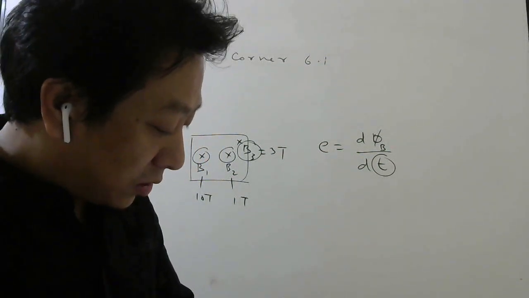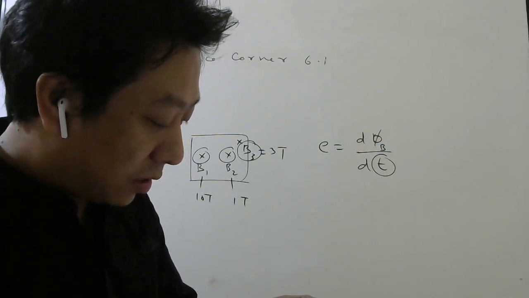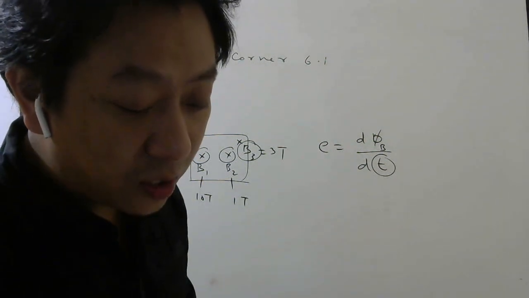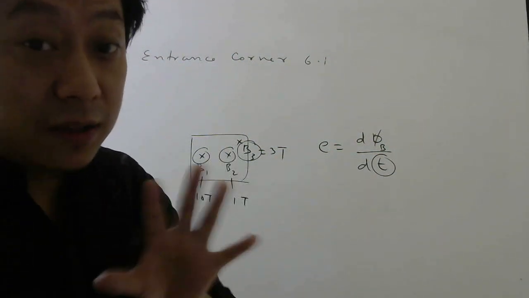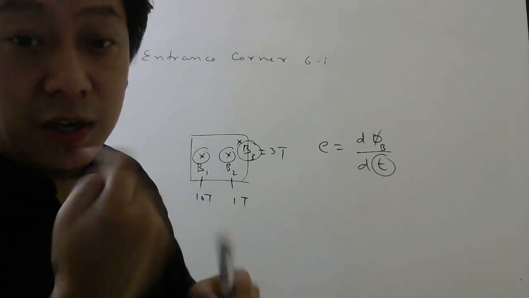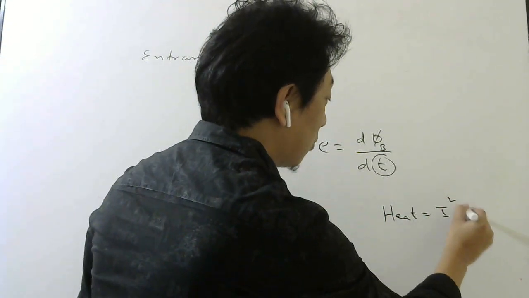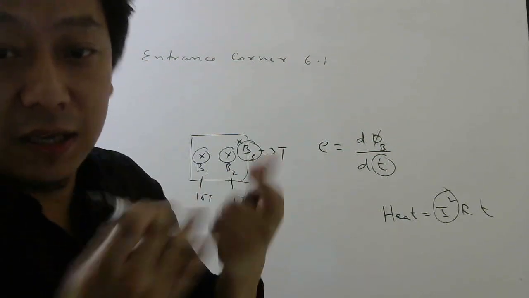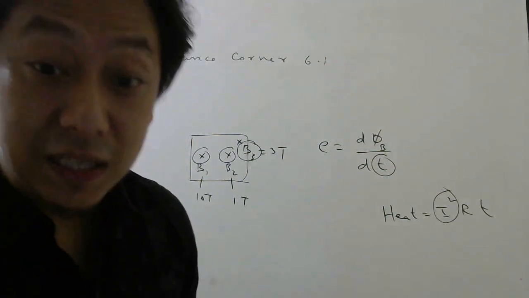Next one, a constant either direct or alternating current is passed through the plate. A current either direct or alternating. Now, whether the current is direct or alternating means whether the current changes direction. For heat production, whether current flows this way or this way, it is not important, because the heat produced is given by what formula? I square RT. So it is I square. So whether current is plus I or minus I, it doesn't matter. Heat will be produced. So A is correct, B is correct, D also is correct.